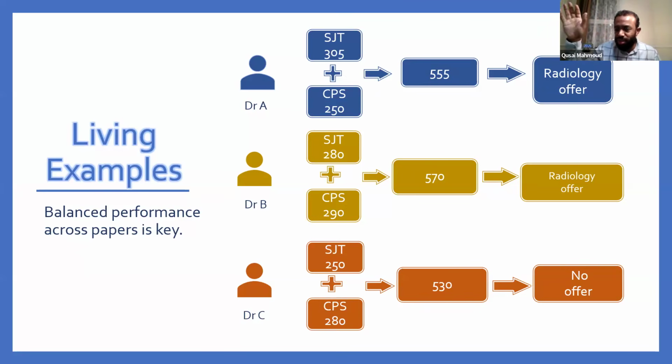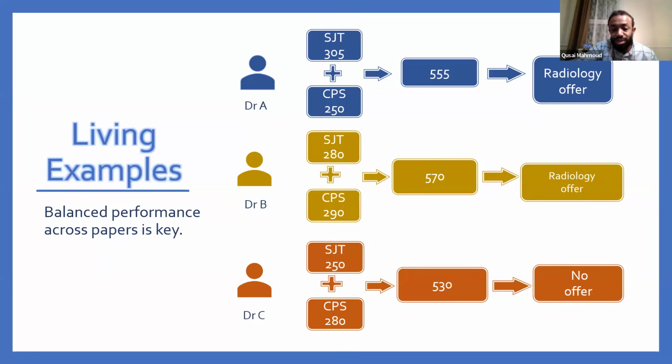So your mentality should be, I need to excel in the clinical and be at the average of the SJT. But believe me, being at the average of the SJT requires very, very hard work. It's not easy to score 250. Dr. B scored 218 in SJT, excelled in SJT, made life easy for himself, and scored 219 in the clinical part. So the total score was 570. He will get whatever he wants, anesthesia, radiology, ophthalmology, with 570.